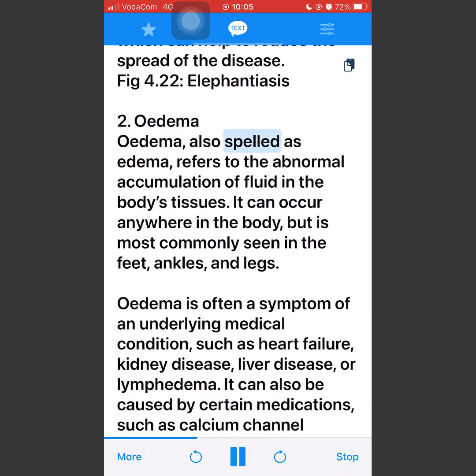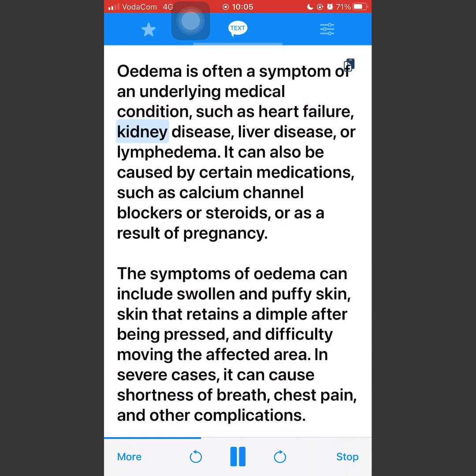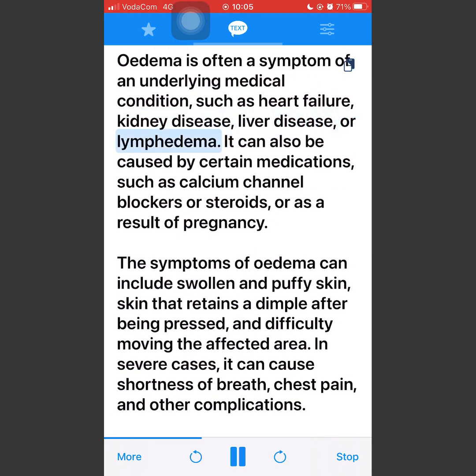Edema refers to the abnormal accumulation of fluid in the body's tissues. It can occur anywhere in the body, but is most commonly seen in the feet, ankles, and legs. Edema is often a symptom of an underlying medical condition, such as heart failure, kidney disease, liver disease, or lymphedema. It can also be caused by certain medications, such as calcium channel blockers or steroids, or as a result of